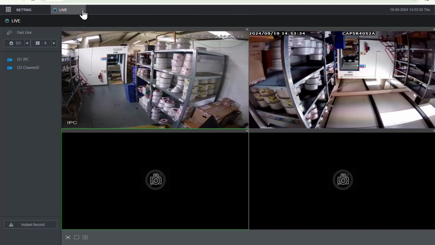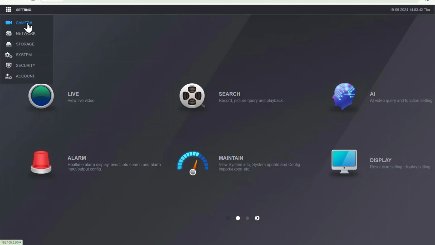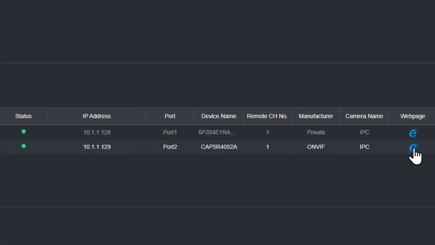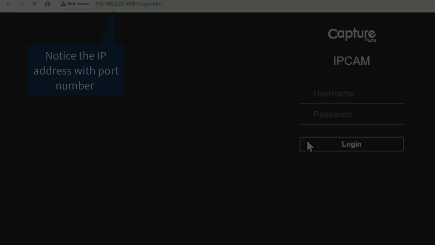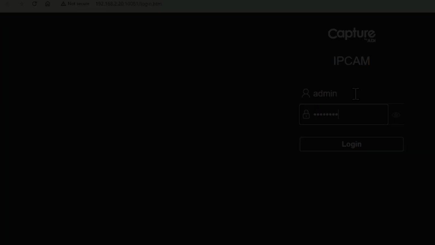I hope that's helped. One final little thing, if you need to change the image upside down, is to go over to the camera setup again. You need to click this little web page here, and that'll navigate you to the actual camera web page, and you can go over and you can log in with the password you've given it.